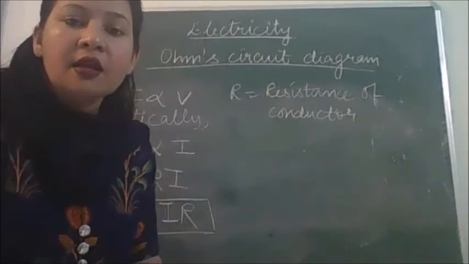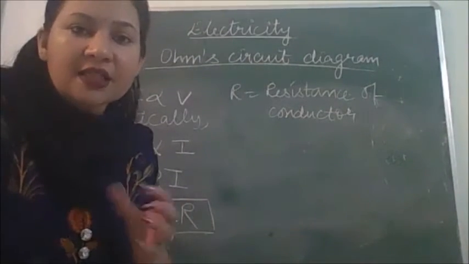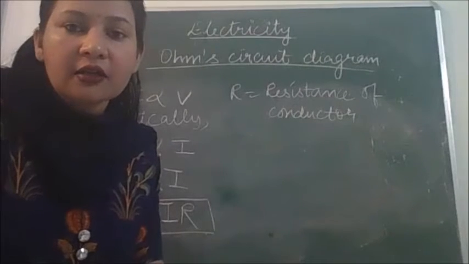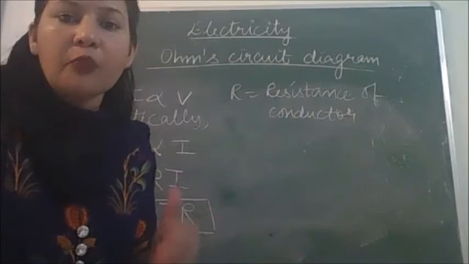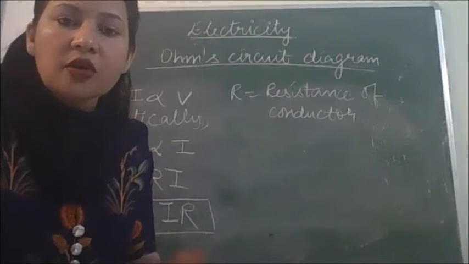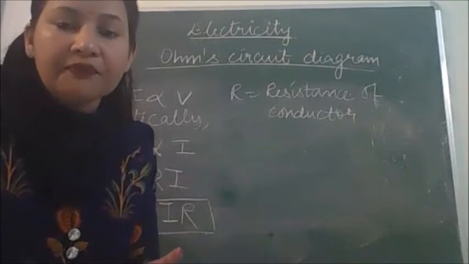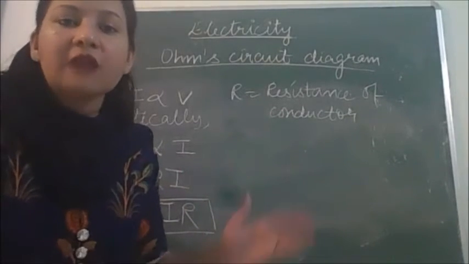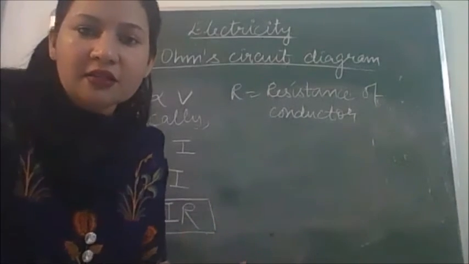What is the reason? Collisions among the electrons. You know what is present inside a conductor? Electrons are present. Free electrons are present. Positive charges are present. So as we connect them to a supply or battery, then what happens? They start flowing. As such, if you are having copper wire, it will not carry current.